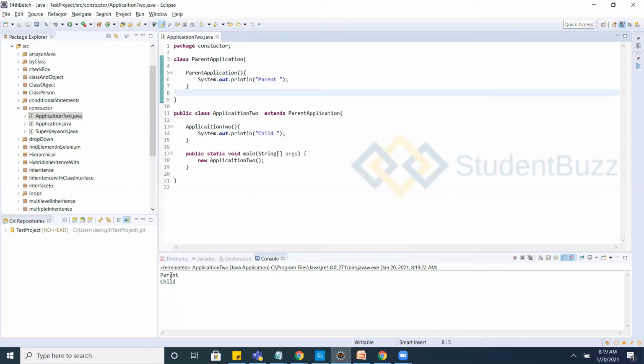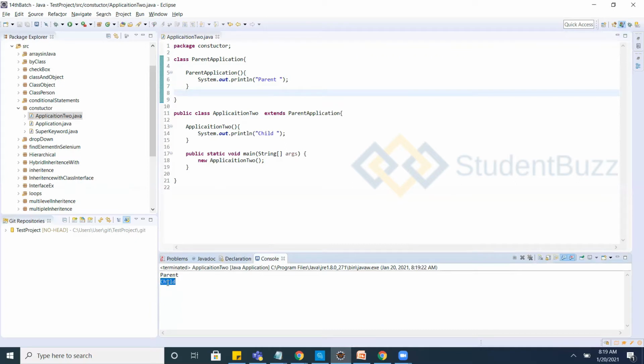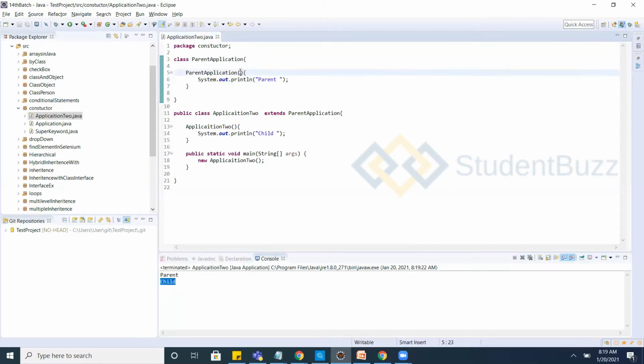Parent and the child both are being called. So if I want to specify the parent constructor here, this is the child class, and this is the parent class constructor.